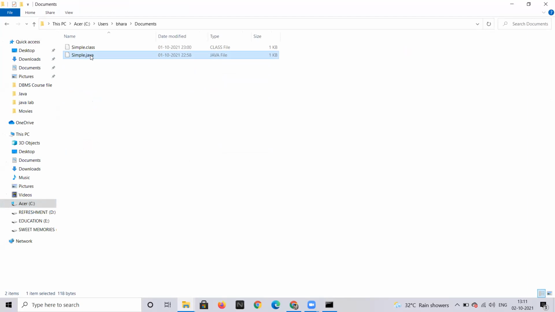You can keep the folder wherever you wish, but simply, please save your Java files on the desktop. That is a very simple process.